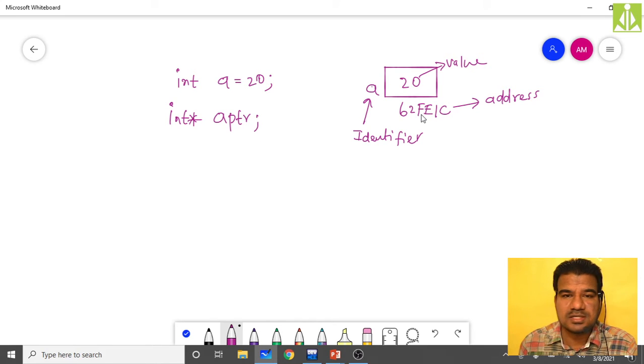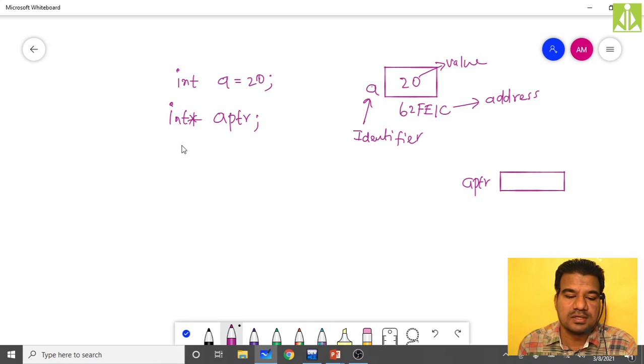To store the address, again we need memory. The compiler will declare this aptr and allocate some memory so that this pointer aptr is capable of holding this address.